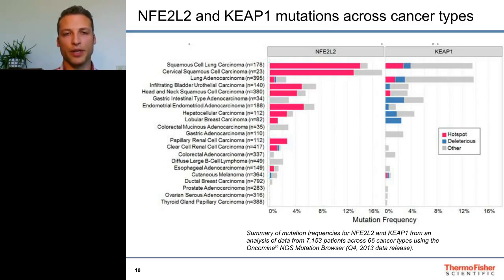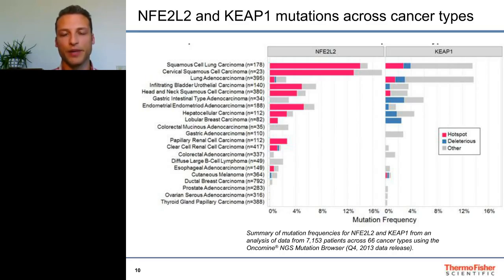Sometimes the literature could identify a potentially important cancer type by really looking at a pan-cancer view like this. You can get a sense of potential clinical populations within other cancer types with similar mutations. You can see from this bar chart that, for example, in squamous cell lung carcinoma, there's almost a 13% incidence of NFE2L2 mutations. You can also see that the mutations are colored by their hotspot or deleterious status, and that